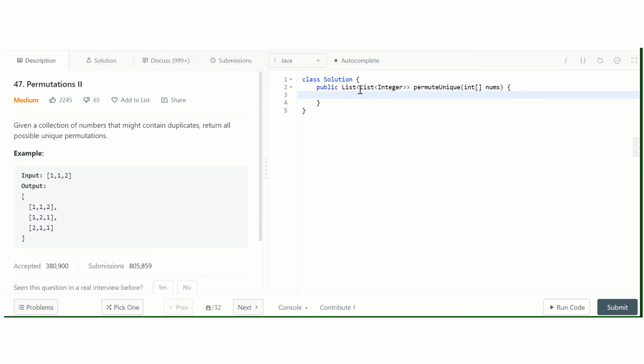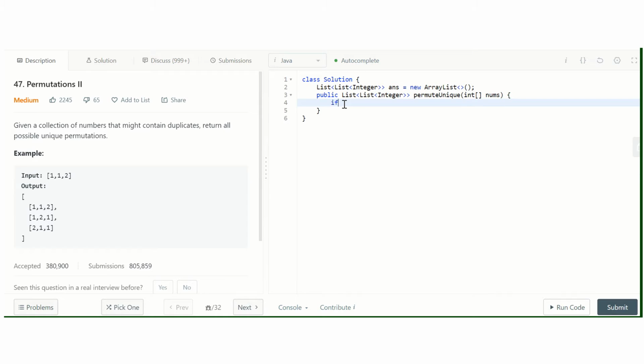We'll do as we did in the previous case. We should return the output as a list of lists of integers, so we'll create that. Let's say answer equals new ArrayList.